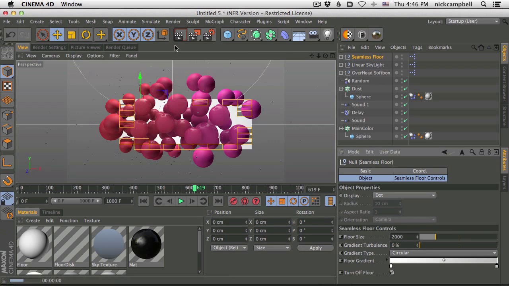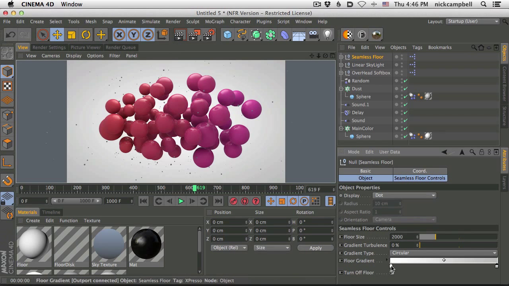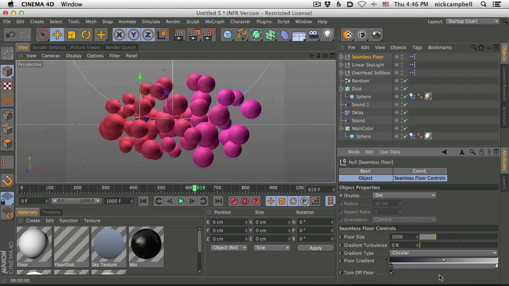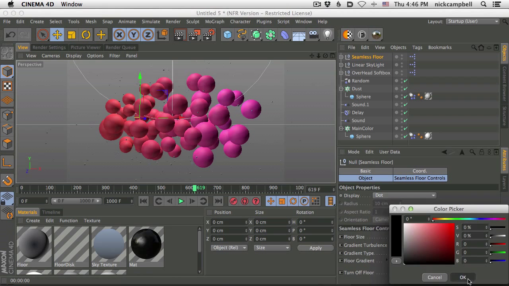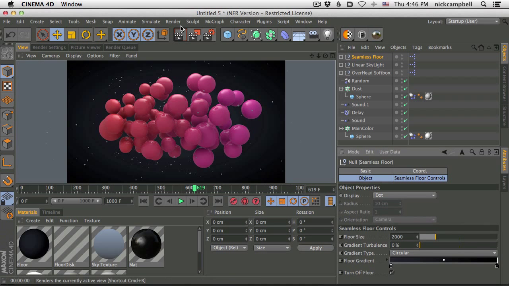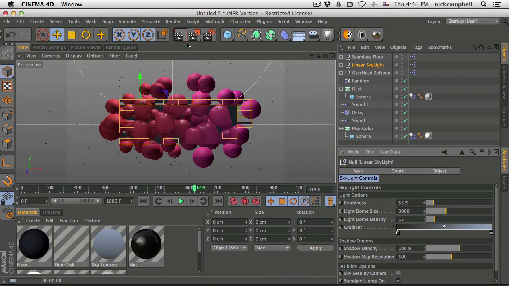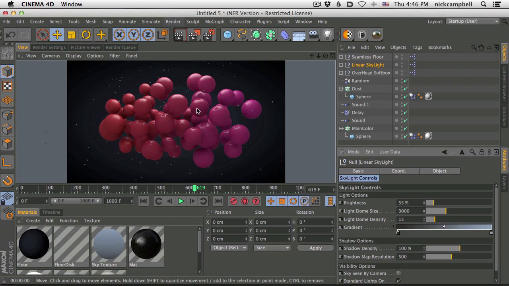If we do a default render, you're going to see it's on white. And if we grab our gradient and make something a little darker, in my case, it was a darkish blue center and a black around the edge. And that's where we ended up. So that's pretty close to where we ended. We have our little clone. We have our little dust flying around. We have our big stuff there. And I think the linear skylight's a little bit bright. So let's just tone that down, maybe halfway. There we go. So it's still very top heavy. You get this nice reflection.